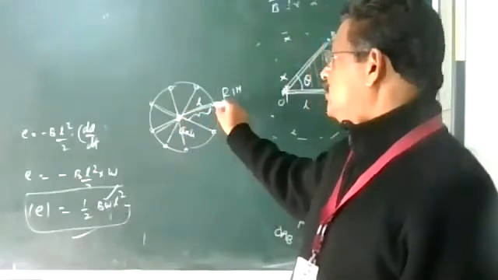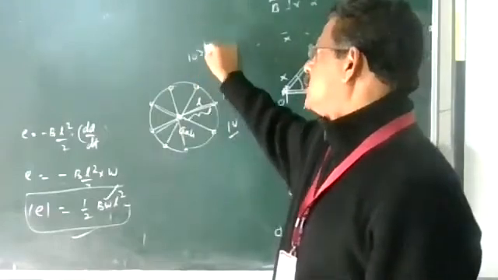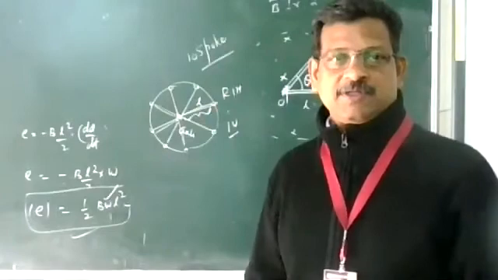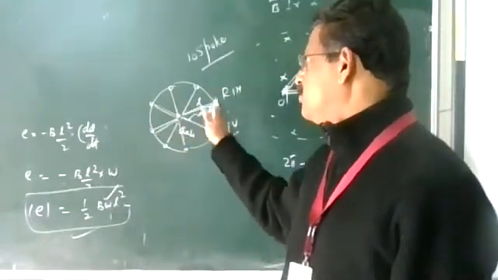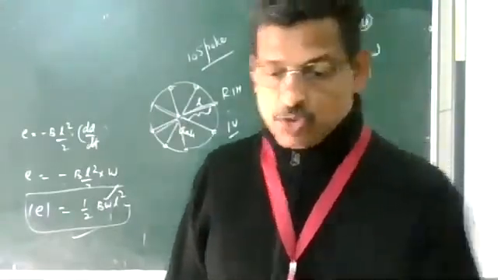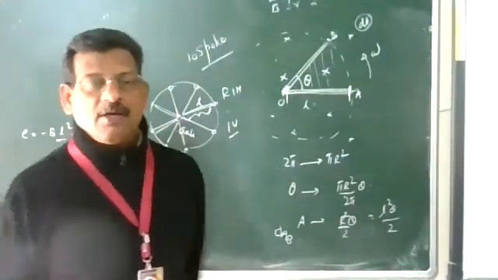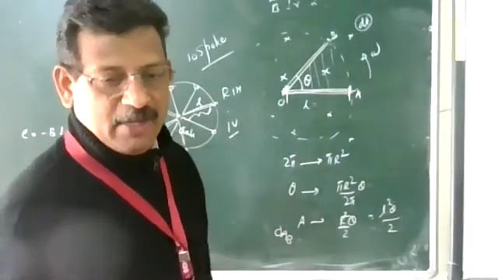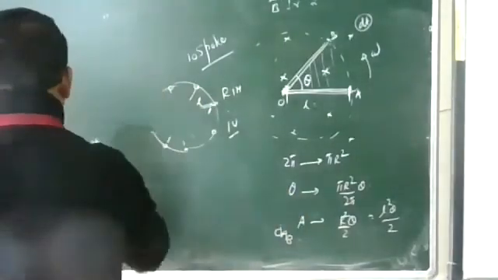The EMF induced in one spoke is 1 volt, and if there are 10 spokes connected like this, what is the total EMF? The total EMF is still 1 volt because all are connected at the same axis, the same point. It's a ring made of metal. So this is the motion EMF in the case when the rod is rotating. When it is moving with linear velocity perpendicular to the magnetic field, it is B L v. So this is regarding motional EMF.